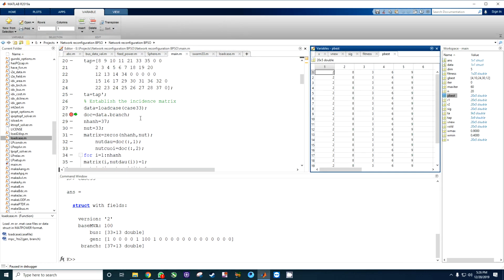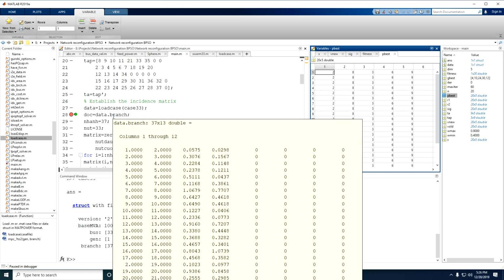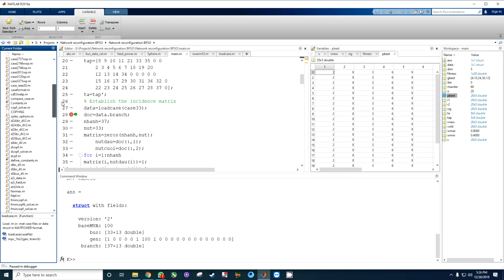Here we switch again to the main file, and here is the data.branch. Okay, so let me find this file.